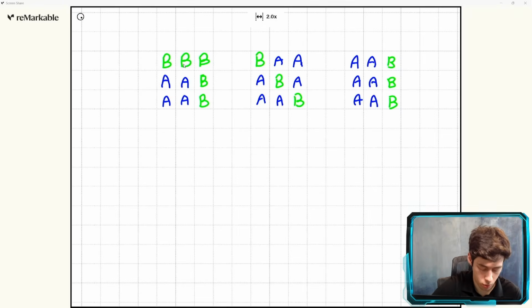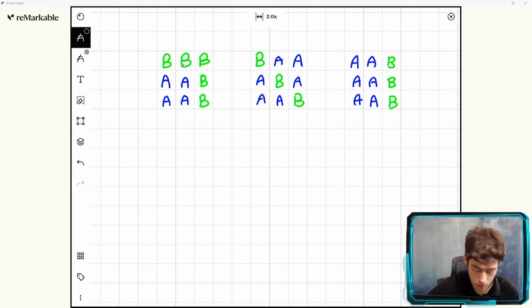So, what's the problem? The problem involves these n by n grids, so these square grids, and each grid is made up of A's and B's. In the problem, these are aluminium and brass widgets. And the aim of the problem is to transform this grid into another grid, into such a grid that